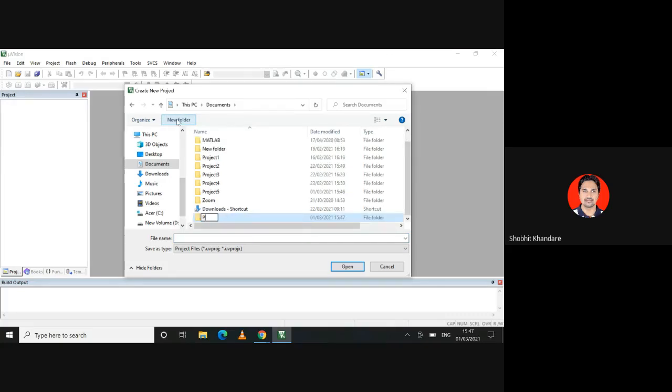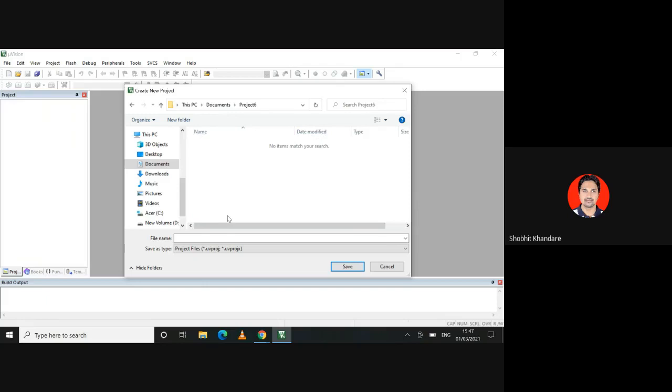So this is project 6. In project 6, the file name with an extension of .uvproj.